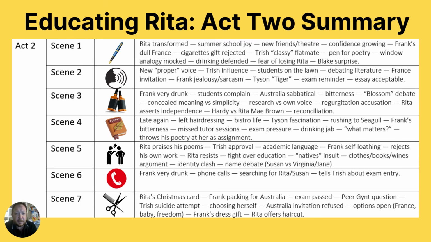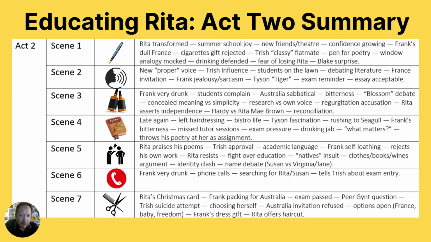Between Act 1 and Act 2, she goes away to summer school, and that's where the transformation has occurred. Some of my students argued that that's omitted, where she becomes less dependent on him. It's not seen. A lot of Shakespeare omits a lot of key conflicts, doesn't he? But anyway,